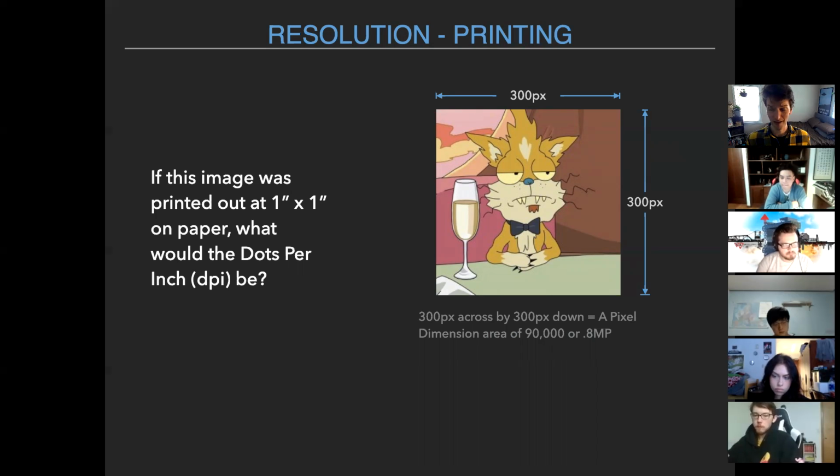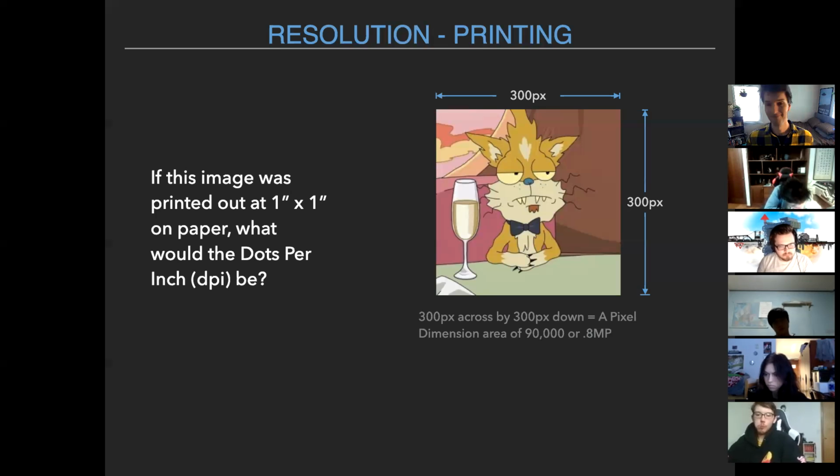Now, do we need that kind of full clarity on a computer screen? No, because computer screens aren't that high fidelity, at least in the past. Different phones, like this is an OLED screen, it's got a higher resolution. A lot of older monitors don't. So the standard for web on a screen is 72 pixels per inch. And usually when you are saving stuff for web, that is a good standard to go by,